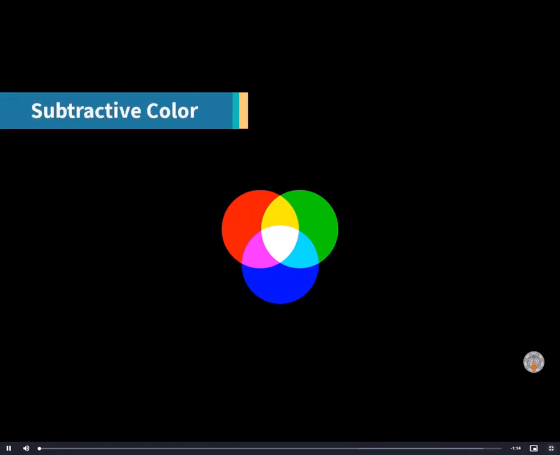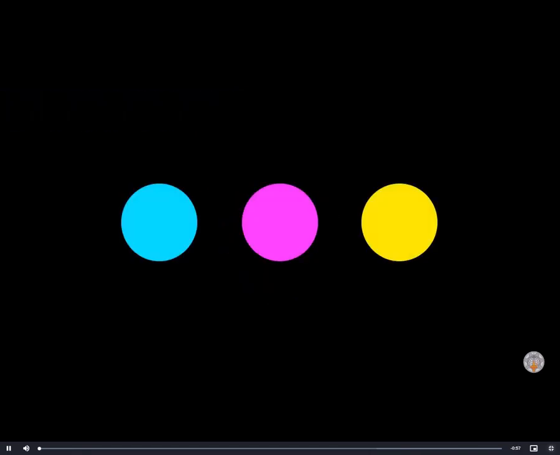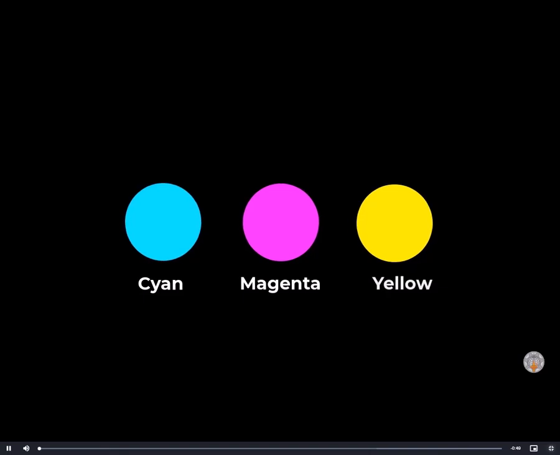Subtractive colors. This kind of mixing creates a new color by the removal of wavelengths from the light, and it occurs because we remove wavelengths at the time of mixing. The 3 basic or primary colors of subtractive mixing are cyan, magenta, and yellow.